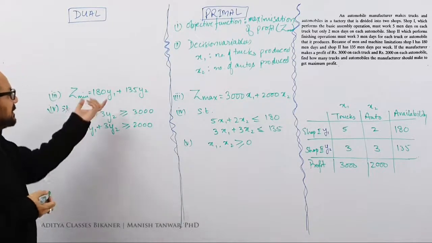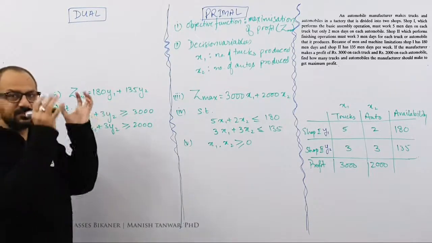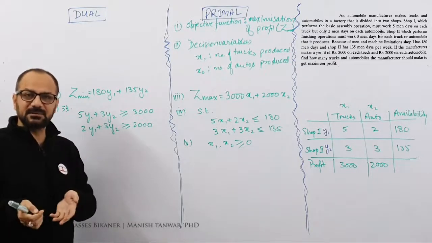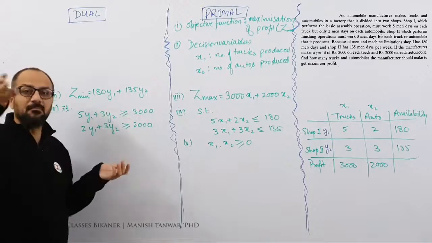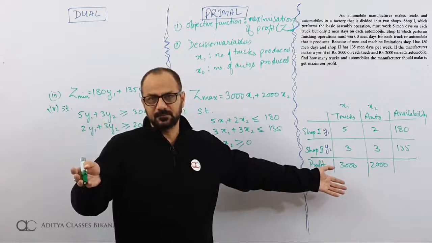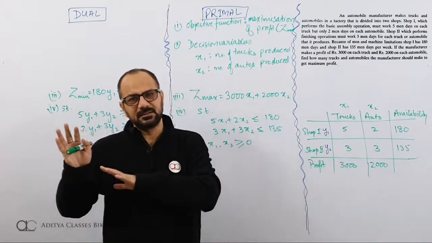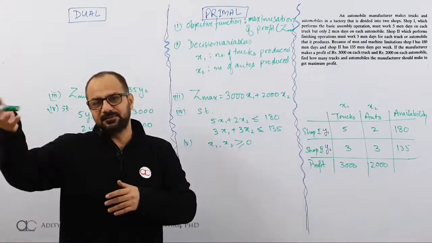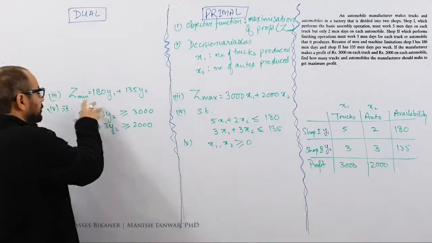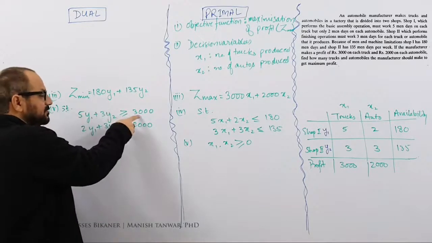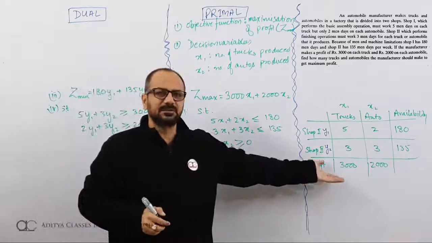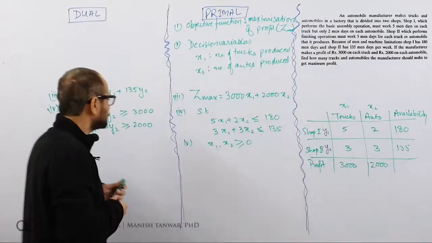Now as a logical investor, he will be looking for a deal which minimizes his investment. But as a manufacturer, I would only accept that investment if my profits are maximized. If I am getting 3000 and 2000 or more, I'll accept this opportunity, but preferably it should be more. At a minimum level, whatever I am getting from the truck division should be 3000 or more. Under 3000 I am not accepting, because as it is I am making a profit of 3000 from the truck department.